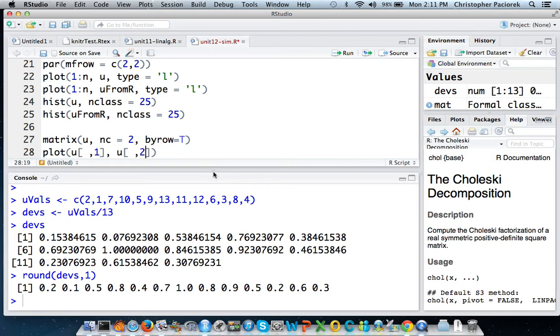So I left off last time, and we were talking about the world's worst random number generator. We had the world's worst random number generator, which had A equals 7 and M equals 13. And it was one of these